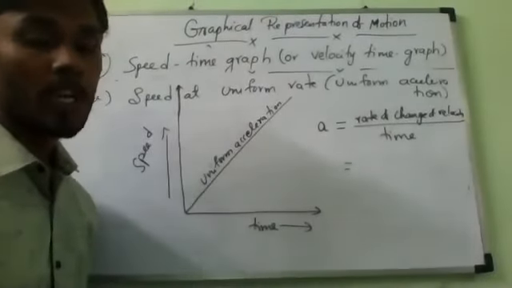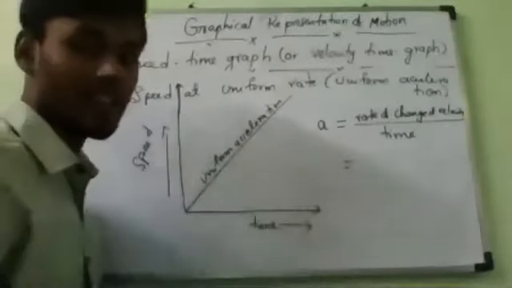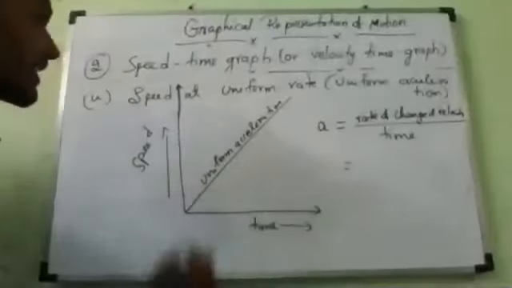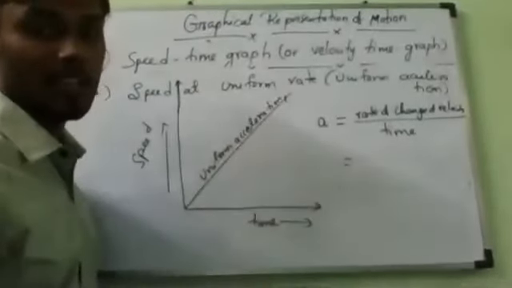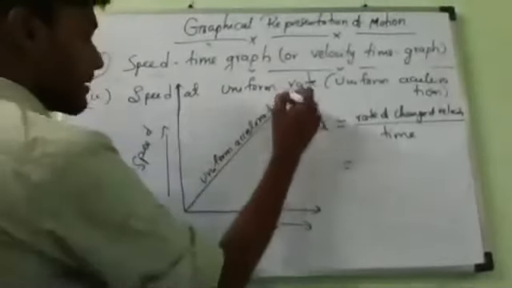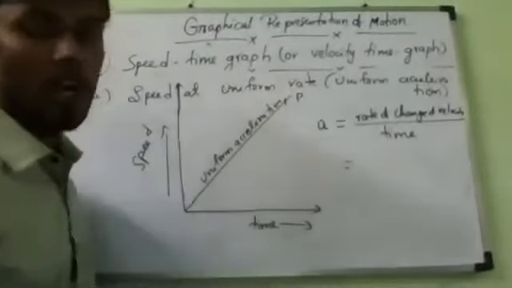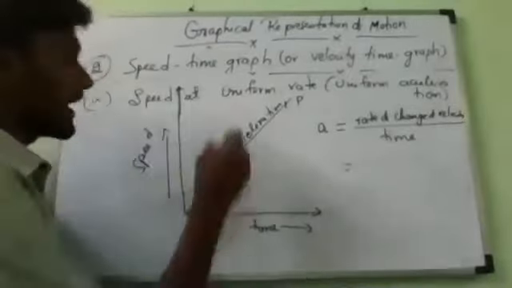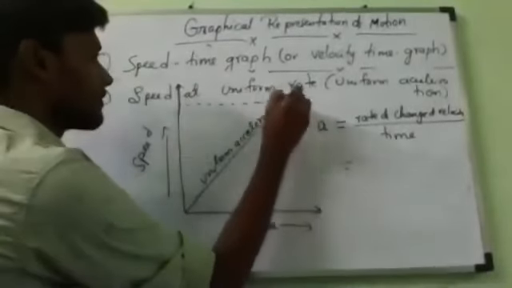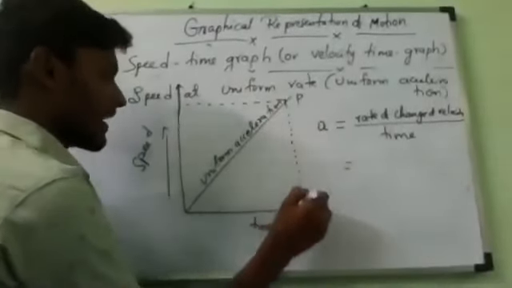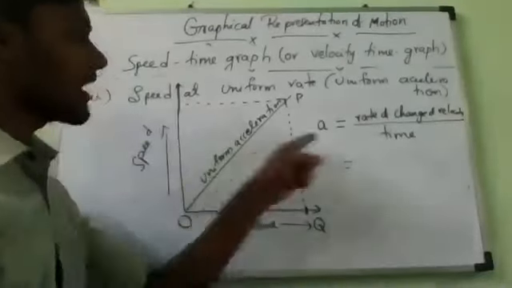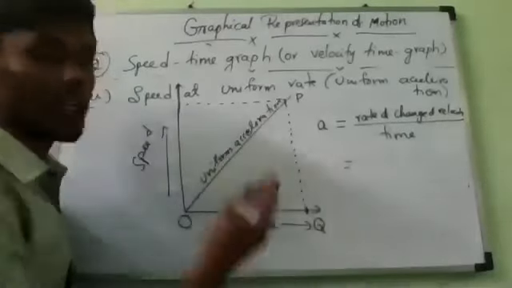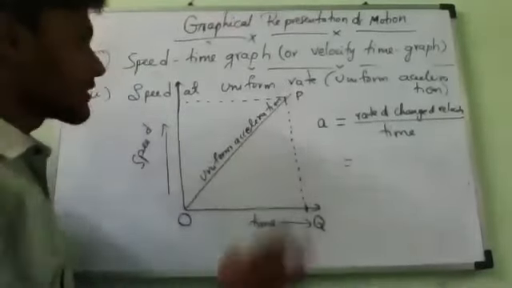So here also the same thing, like the first graph, distance and time graph, how we have done? We have found the slope. The same way if you want to calculate acceleration here, same thing. Just at whatever point you want. Let me imagine this point I want my acceleration. What is my uniform acceleration? So let me imagine that point is P. Then what we have done in the first graph, remember, we extend in both the sides. Is it yes or no? Yes, sir. Now let me imagine that point is Q and this point is O. Now I want to calculate acceleration. So just find the slope. That's all. What is the slope of this graph? Tell me. Slope of this graph.